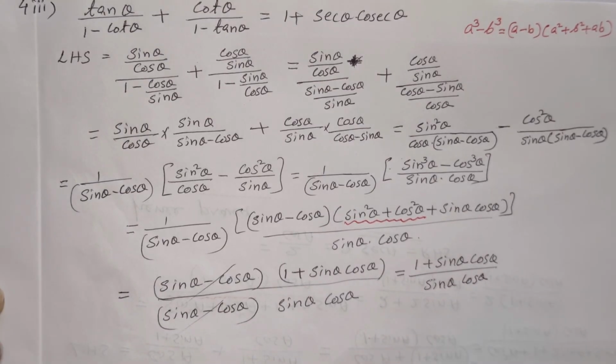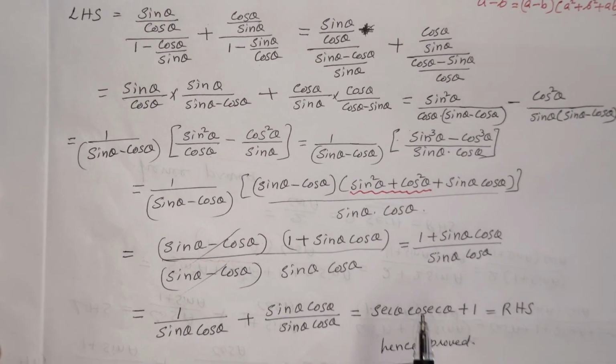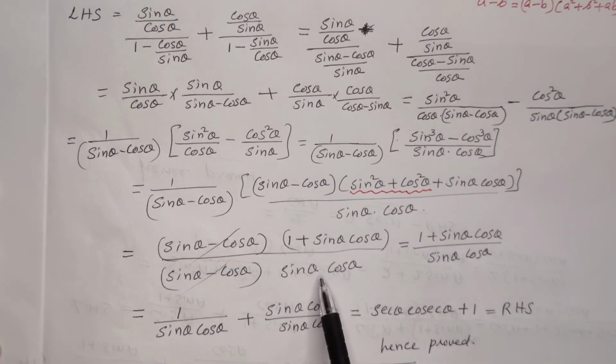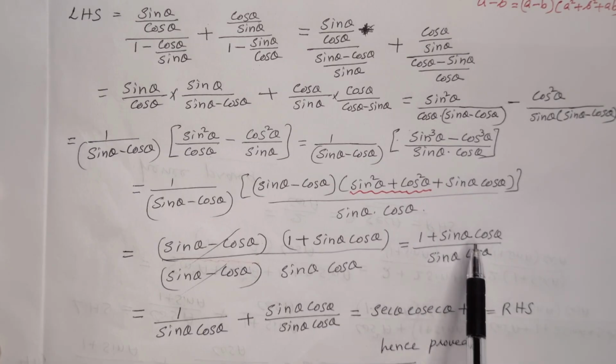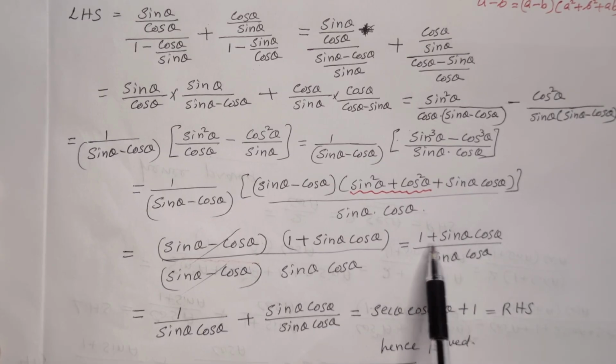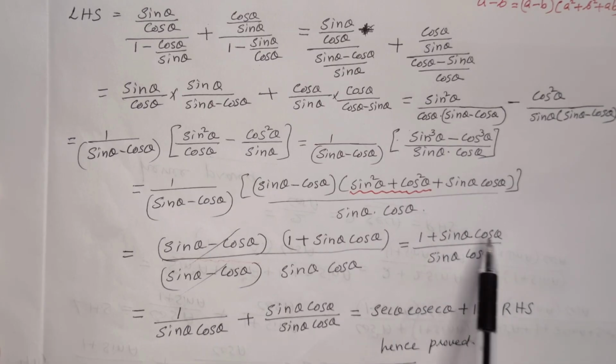which is equal to 1 plus sin theta cos theta by sin theta cos theta. The numerator has 2 terms and a common denominator, so we can split this into 2 terms: 1 by sin theta cos theta plus sin theta cos theta by sin theta cos theta. We know that 1 by sin theta means cosec theta, 1 by cos theta means sec theta. So we can rewrite that as sec theta cosec theta. This will cancel and we will get 1. So that is the same as 1 plus sec theta cosec theta on the RHS. So hence proved.